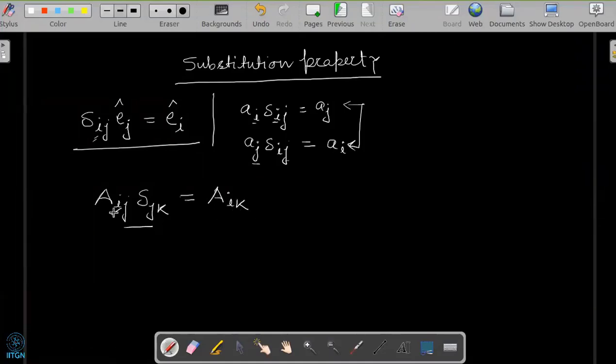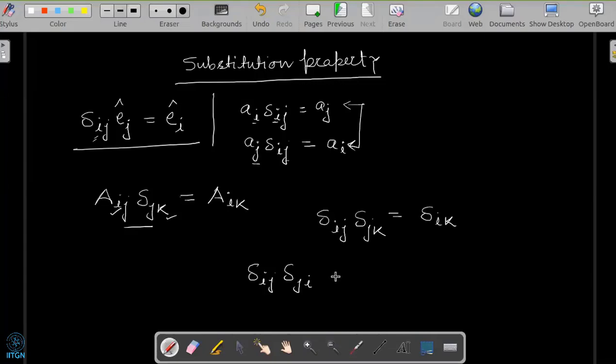Now you have these two re-indexed. You can do the expanded form and you will get the result also. For your clarity, you can do all these things. If there is a summation multiplication of two canonical deltas with i, j and j, k, then this will eventually become i, k. If you have i, j and j, i, then